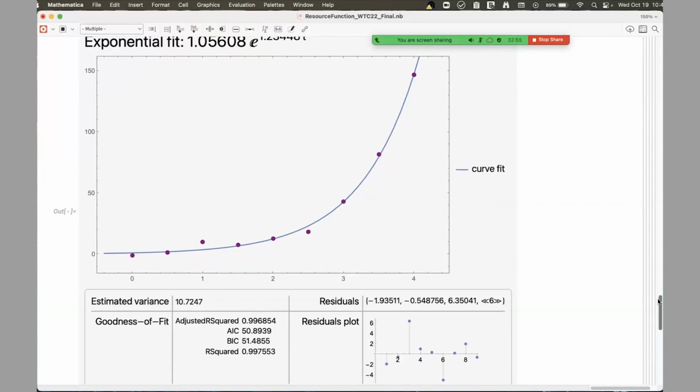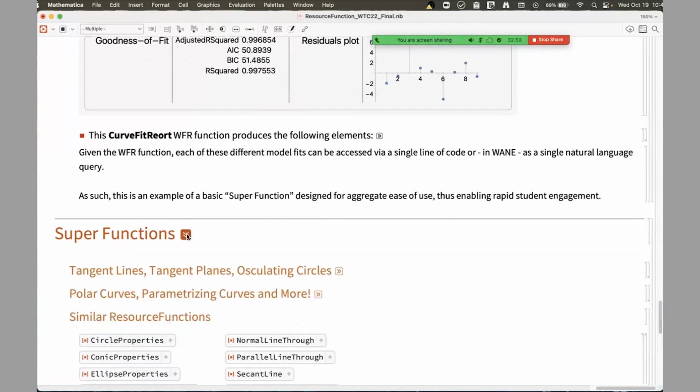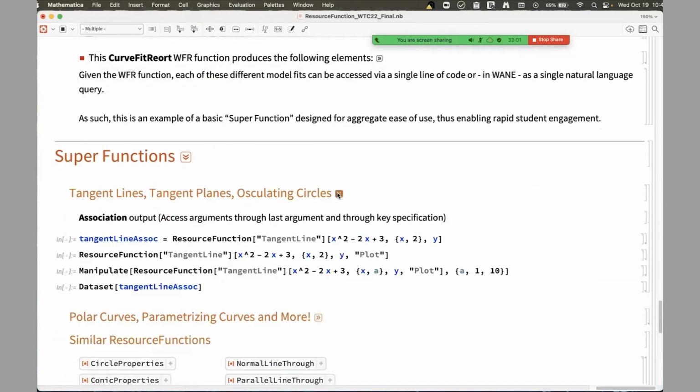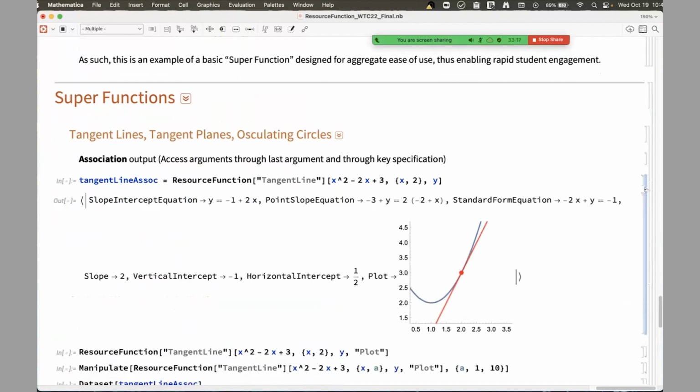So today I'm going to be talking about our super functions here that Nick was mentioning. So we've been developing a wide variety of functions that return an association of information. So for instance, in a calculus classroom, you're going to want to know how to plot a tangent line and information about a tangent line. And so we've developed this technology here to allow the student to be able to see various representations of a